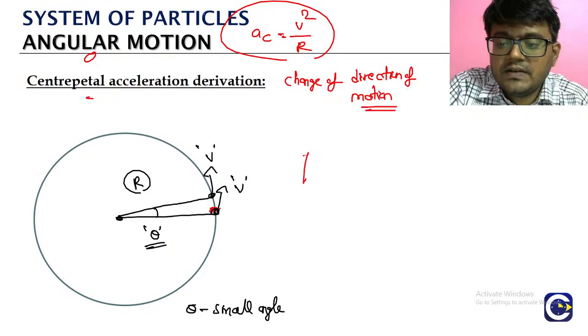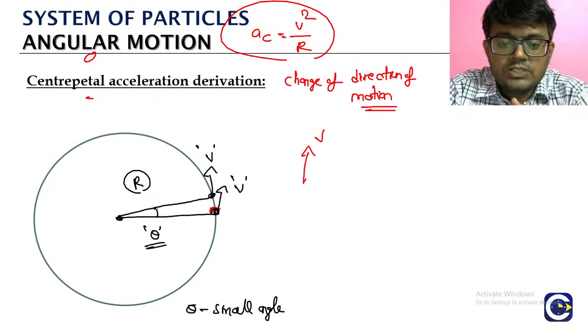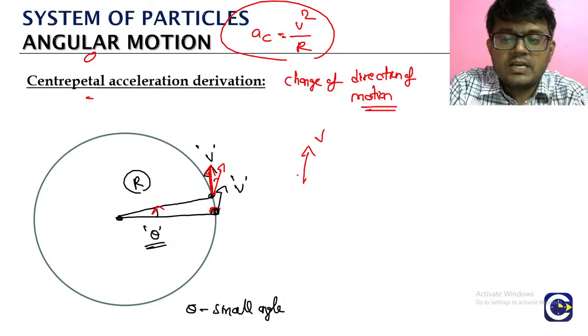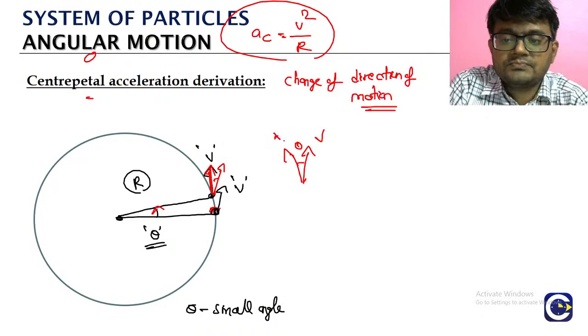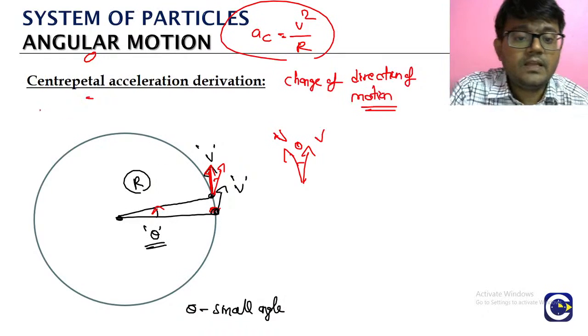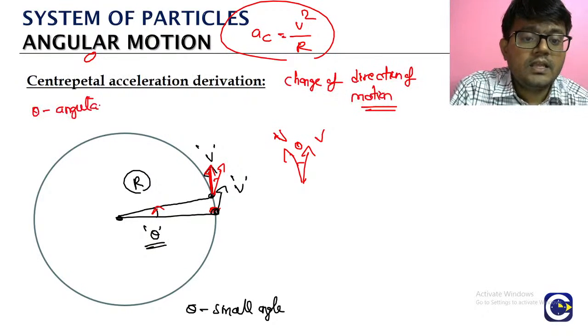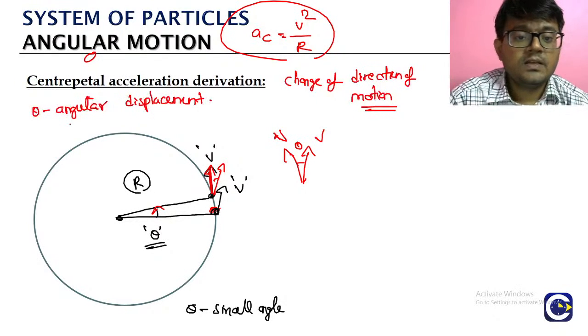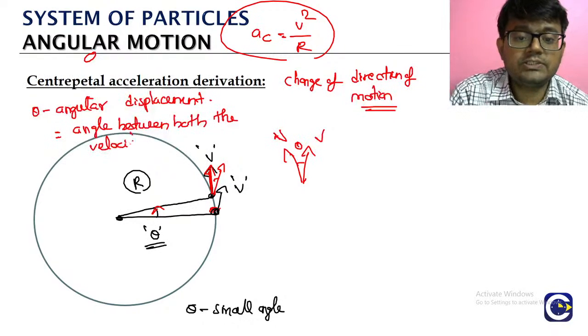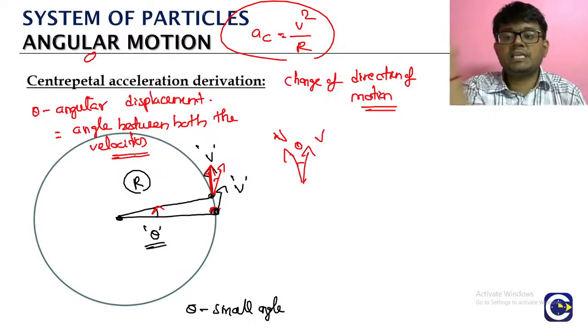So if the initial velocity v is like this, once you change the position by theta, then look here, between the new tangent direction and the original tangent, what will be the angle? It will be theta. The angle between both the tangents will be theta. So whatever is the angular displacement, that will be equal to the angle between both the velocities. Okay, because if the position is changing by theta,